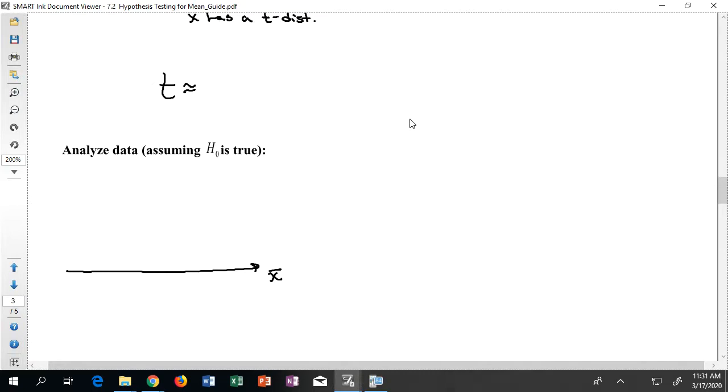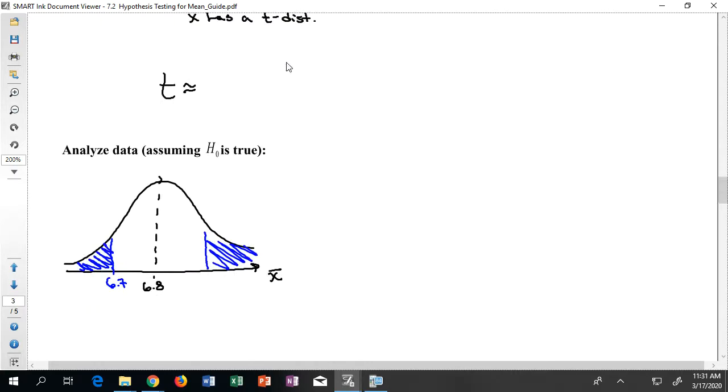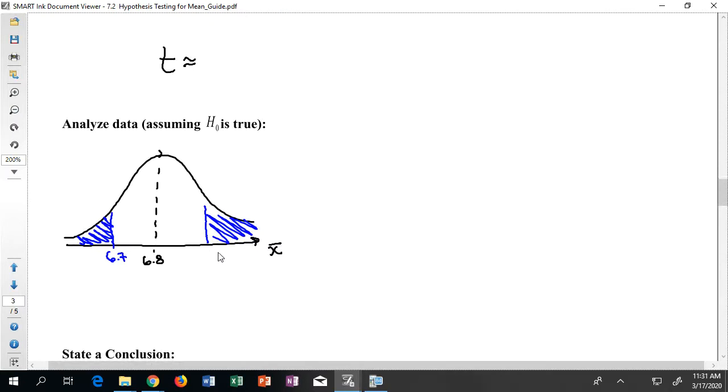My X bars line up in a T distribution, which strangely looks like a normal distribution. The average, if we're believing that H0 is true, should be 6.8. But we found an X bar of 6.7, so that's a little below average. Since it's a two-tailed test, remember that we have to shade an equal portion on the upper end. I don't need to find what value occurs there. That's not important. I'll just find the corresponding t-scores